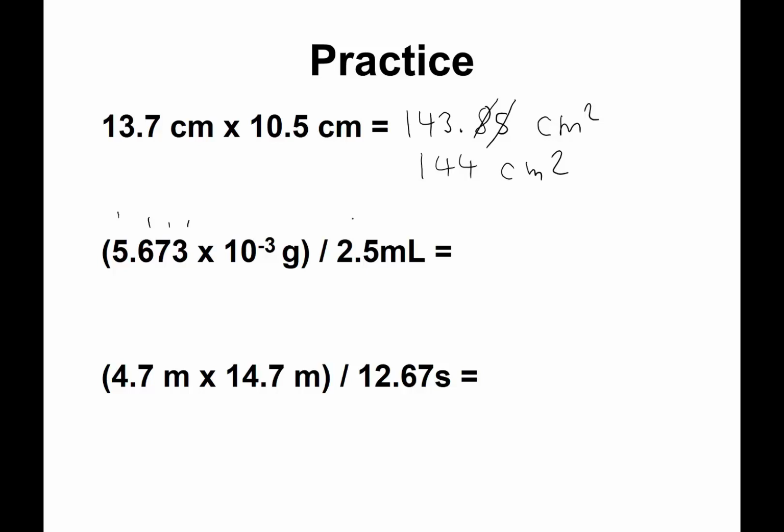4 significant figures, but we are dividing by 2. And so our final answer can only have 2 significant figures. And our units don't cancel, and therefore they will be grams per milliliter, which would be a density. Grams per milliliters are our units. When I punch this into the calculator, I get 0.00226, but I can only have 2 significant figures, so this is going to round that up, so it's going to be